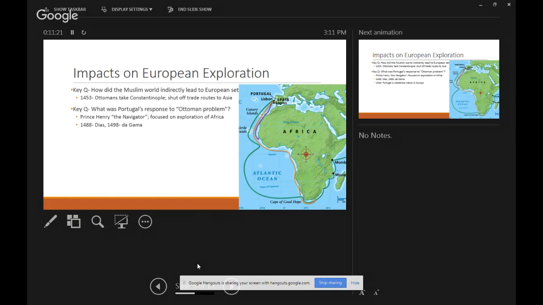Now, in 1453, Europeans knew that Africa was there. They just didn't know how big it was. In fact, if you looked at a map at that time, a map of Africa, you would have seen just a chunk of land surrounded by water, and the water was probably filled with drawings of dragons and sea monsters. I mean, that was the thought, that if you sailed south far enough, one of two things would happen to you.